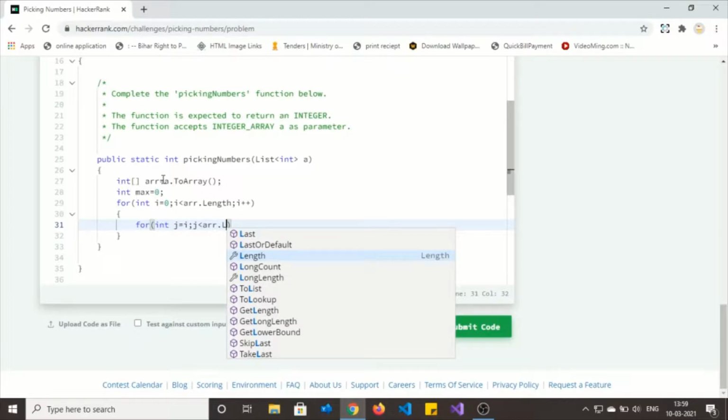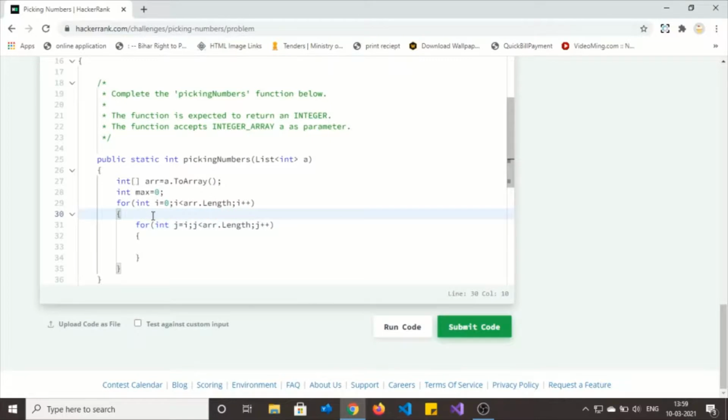Yeah, we created two loops. Okay, but for each subarray we need to count the size of the array, which is the maximum.